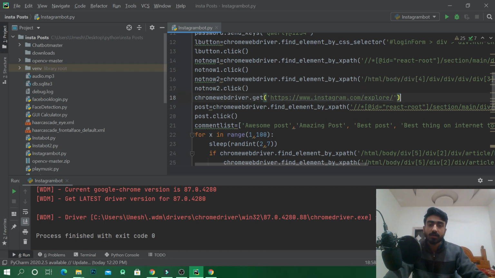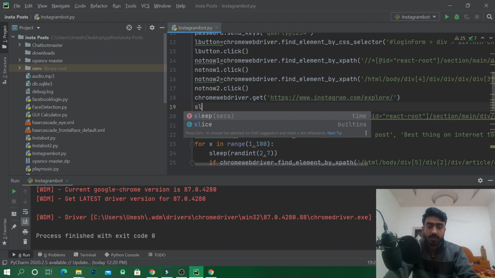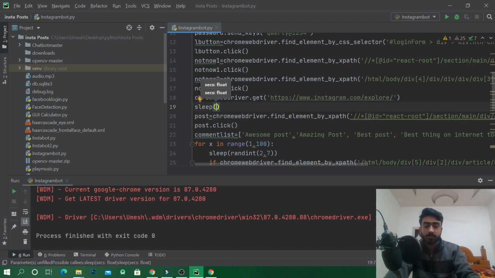After clicking the second not now button, we'll navigate to the explore section of Instagram, and then let Instagram properly load for an interval of 3 to 8 seconds.